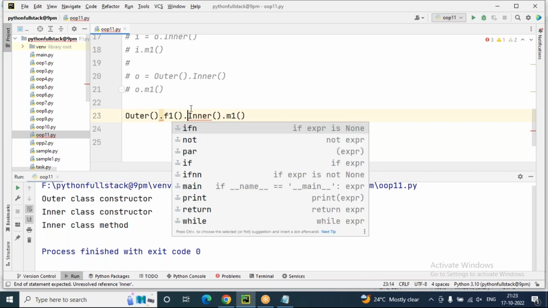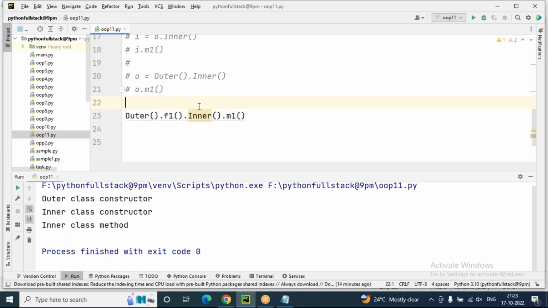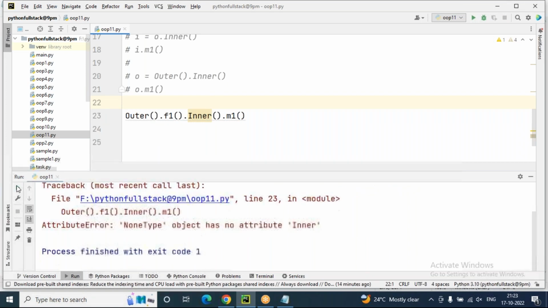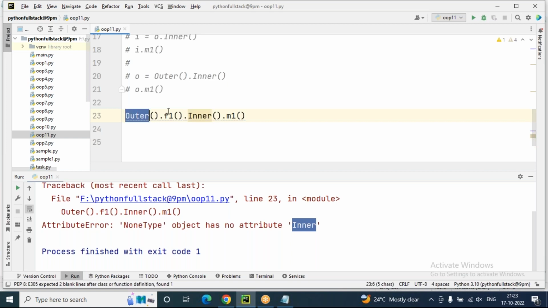Outer.F1.Inner.M1 will not work. This is not the correct way. Outer.F1.Inner.M1 will not work. You can see this gives the error: NoneType object has no attribute Inner. This is not the correct way, because inside the class we can represent one more class, but not inside the F1 method. Okay, so that is not correct. So to access the outer class